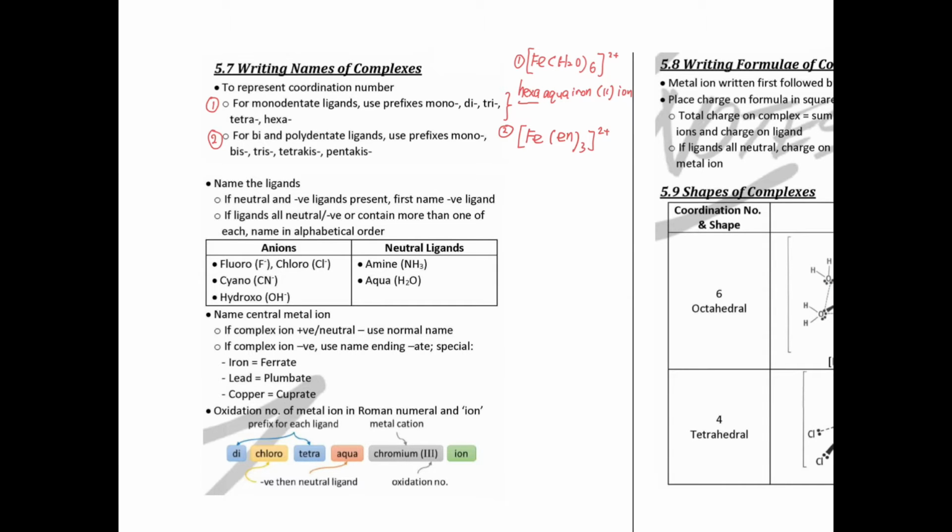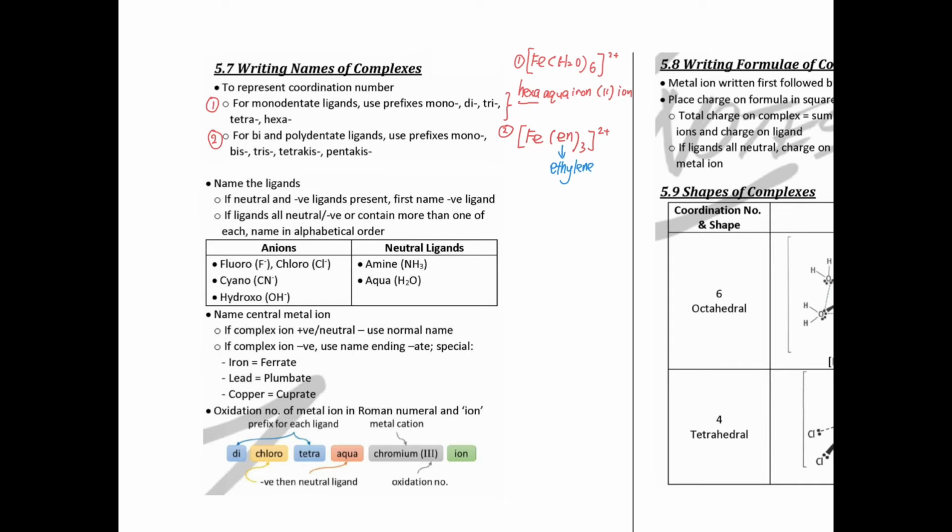So the en here is ethylene diamide. We are allowed to use en instead of writing the long structures, so you can write en also. 3 of them. Okay, so how do we name it? I just write down first, this is actually